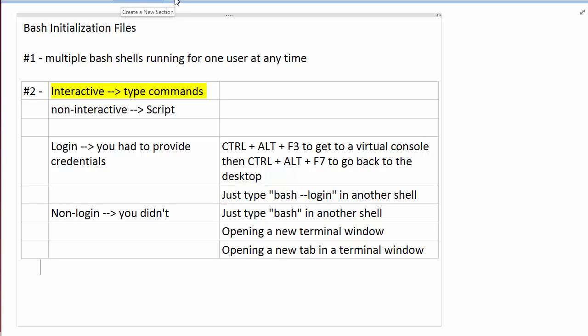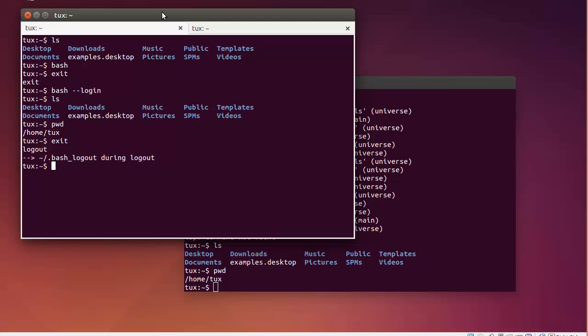So now what we are going to do is figure out what the configuration files are that are relevant to us, to bash starting in login and non-login mode, where to find information about them, and we are going to play with them to see exactly what happens when we start a bash shell. So let's get started with where we are going to find information about this. Here's the good news. There is one place that's going to provide you all the information you need, the man page for bash. So that's the good news. The bad news